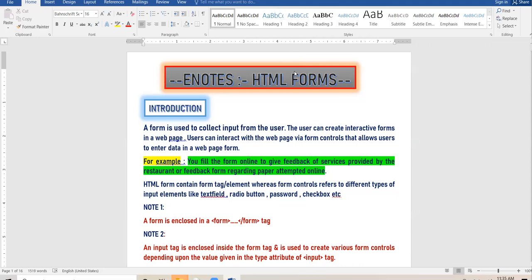The form is taking information from you people. Right? And whatever information you are filling, the information will be submitted at the other end.